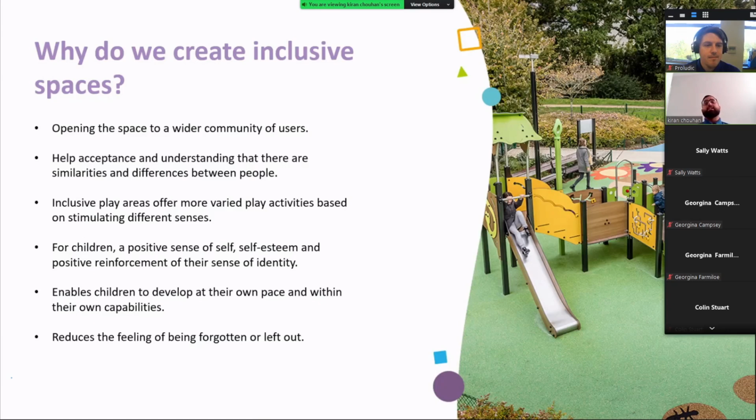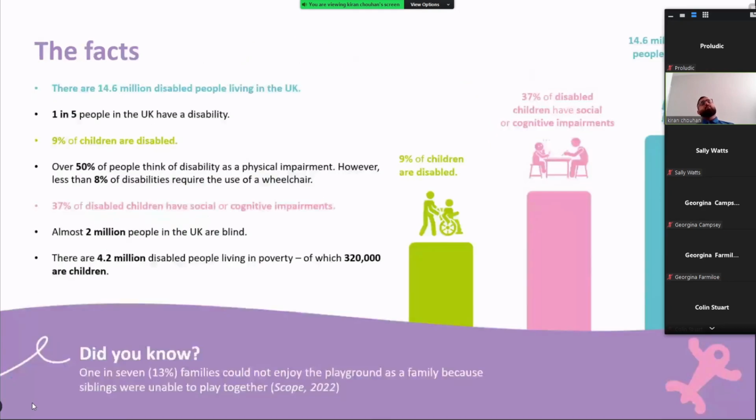So it allows a sense of self-taught development as well. And also it reduces the feeling of being forgotten or left out, again, which I think is a really important point nowadays in terms of mental health, not only for children, but also for adults as well. So now we're going to look at some facts and figures as to why inclusivity is so important when